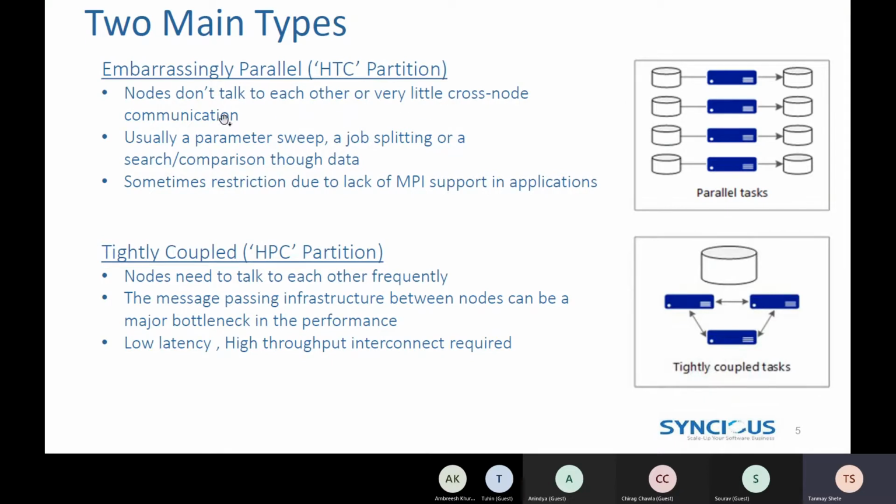What that means is that you have a problem, you can split that problem very effectively across multiple nodes or multiple machines, or even multiple processors. And every processor is running its own subset of the problem without needing to communicate with another processor or another node.